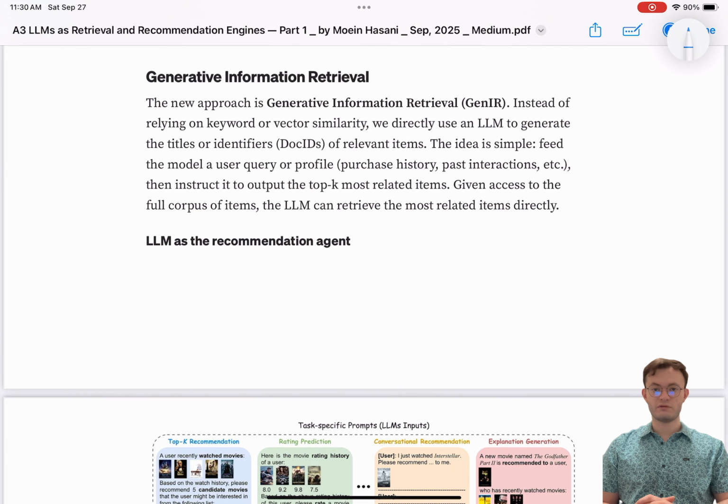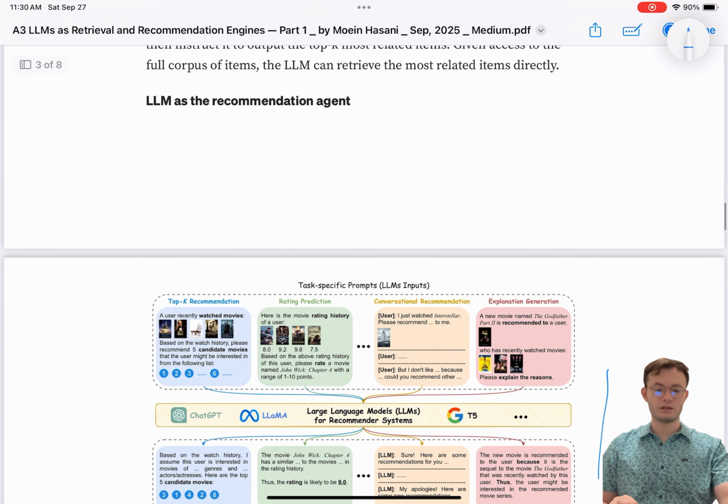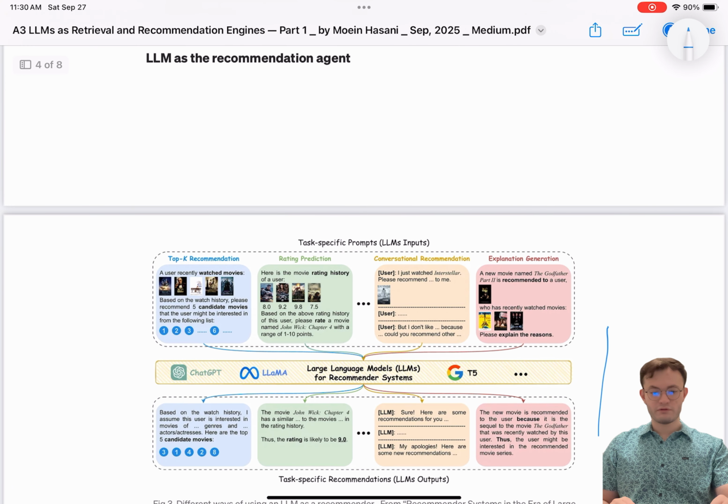And the LLM will receive as input either your search query or, in terms of a recommendation system, the user profile. And the user profile would be their persona. Maybe, hey, this user likes to buy fantasy books, or this user has purchased all these items before. So user history, basically. And from here on, I'll focus more on LLMs for recommendation rather than search. But as we talked about previously in the video, the idea is quite similar.